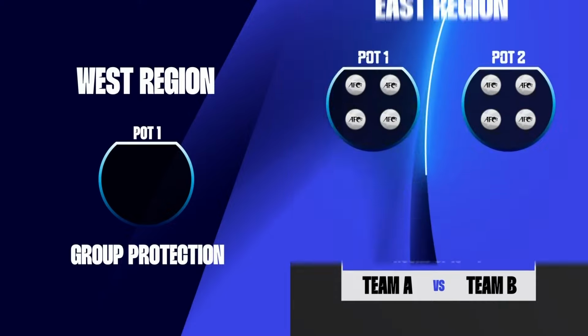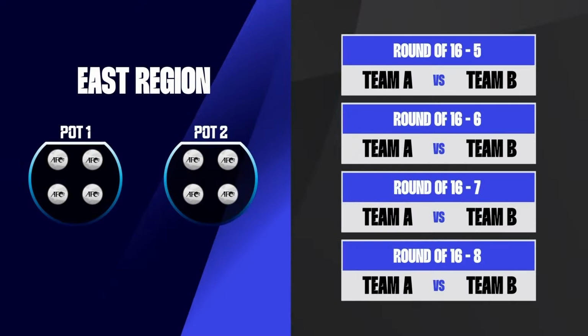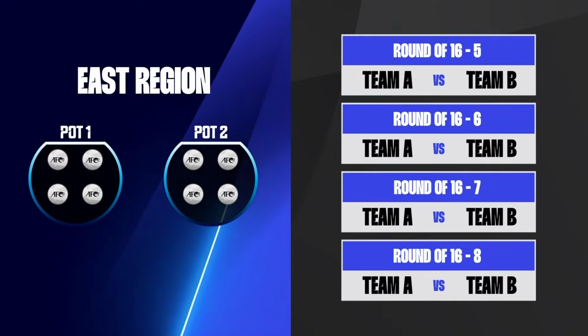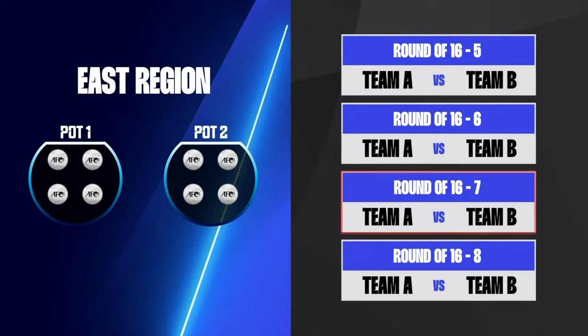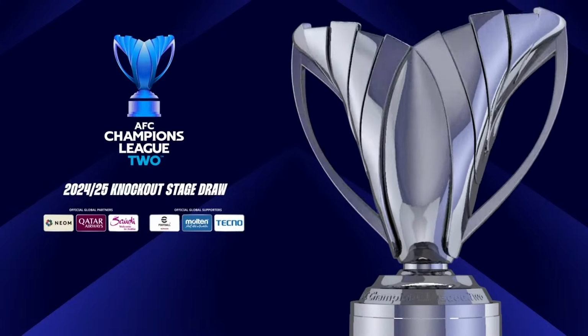Similarly, the same procedures shall apply for the East region for its respective pairings of round of 16-5, 16-6, 16-7, and 16-8. This shall conclude the draw for the AFC Champions League 2